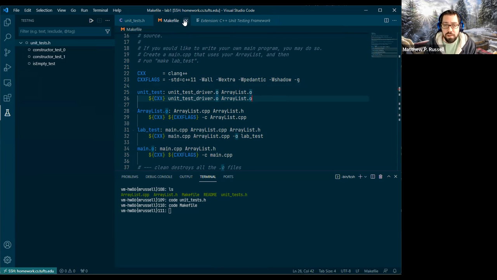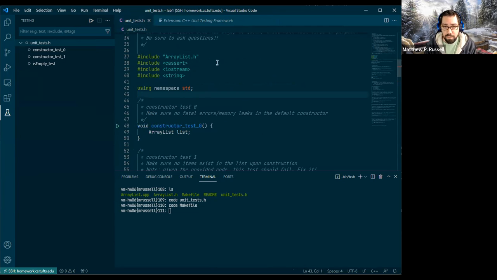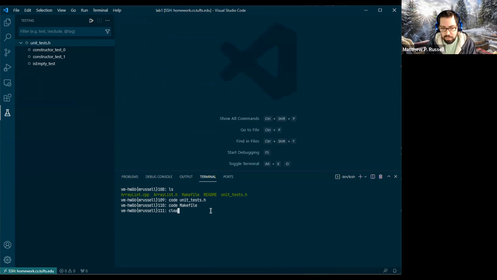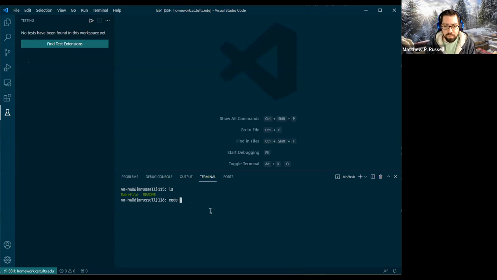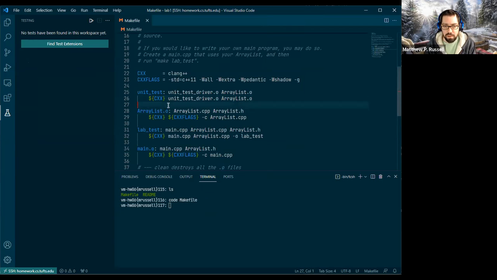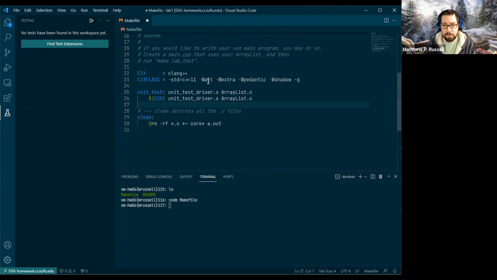Okay. So, okay, let's start from scratch. Okay. Let's get rid of all this. And what we're going to do is create a student class. I did this in the intro to C++,